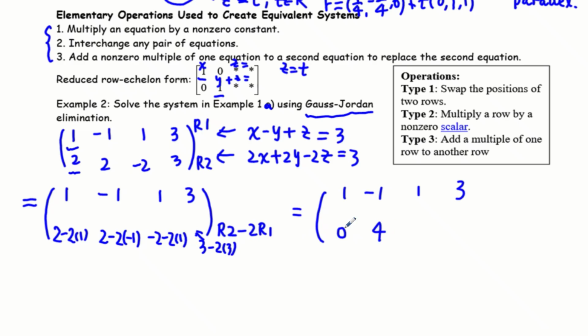Negative 2 minus 2 times 1, negative 4. 3 minus 2 times 3 is negative 3. Then we want the second row. This number is 1. So what we want to do is